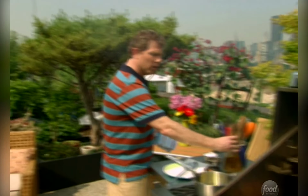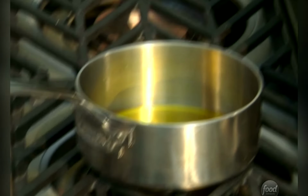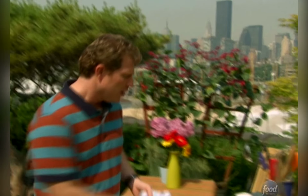All right, now while the shrimp is cooking, I'm just gonna make a little garlic oil, and at the same time, we're gonna make some garlic chips. So we have some olive oil that I'm just gonna heat very slowly. We don't want it to come to a boil or anything like that. We only want it to get to about 275 degrees, because we're actually gonna take some very thinly sliced raw